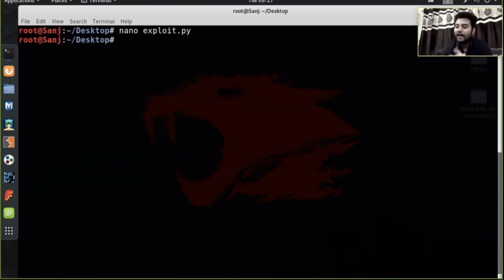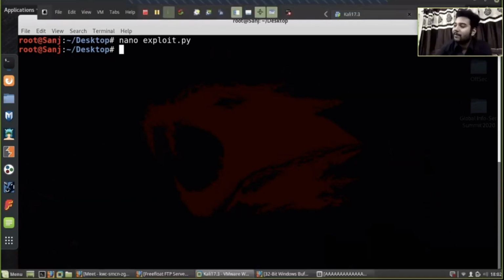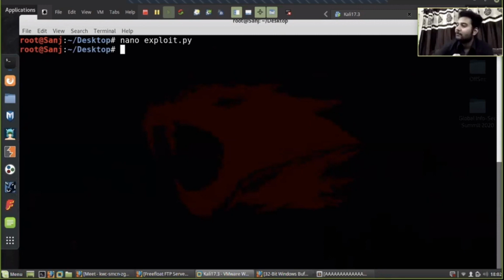So it's obvious that the last time we were sending 500 A's, it was showing me at the queuing level. What was the queuing level? I guess you understand what the queuing is. Queuing is EIP. So at the EIP level, it was showing me that we got the